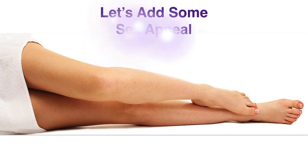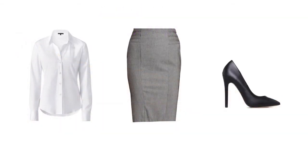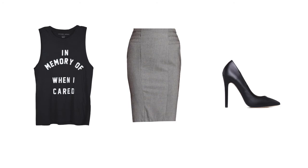So here we go. Let's add some sex appeal to a typical work outfit one more time. So here we are. Here's that work outfit. Now we're going to go tops. Let's add that sex appeal. Look at that here. We're adding a sassy top in memory of when I cared. So many of you would have gone to the store, you would have seen this online and just chuckled to yourself, oh, that's funny, and then just moved on and not realized that, hey, you could actually do something with it. So you can wear this with the pencil skirt, you just tuck it in, very cute outfit,